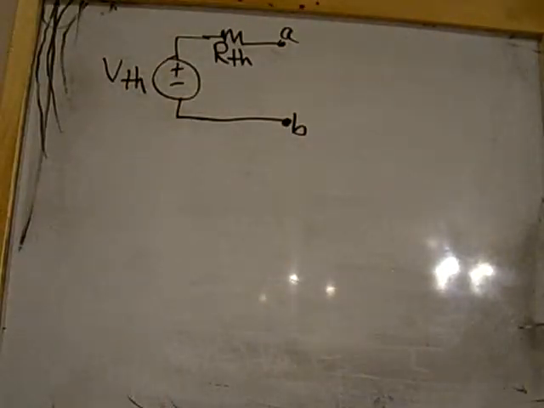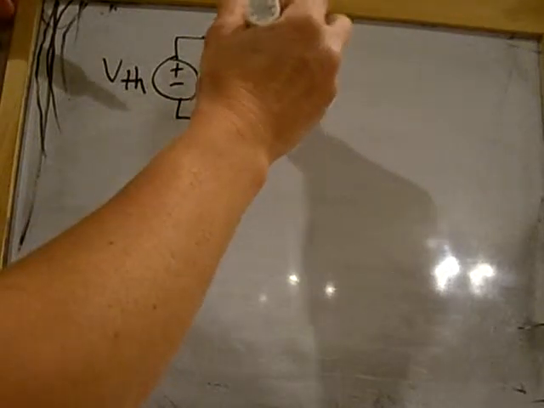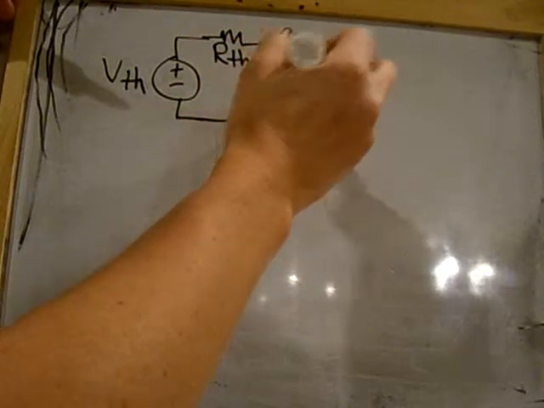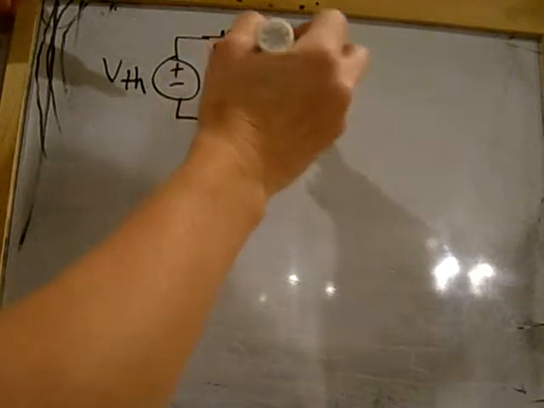So if between the A and B points a capacitor element is placed, with a value of C, which will be in farads,